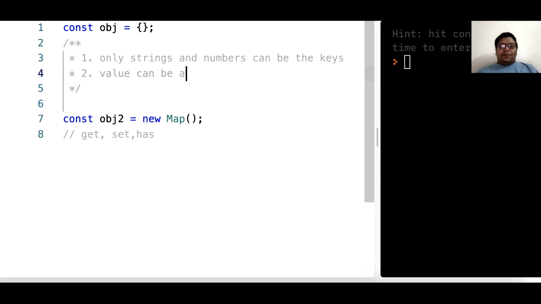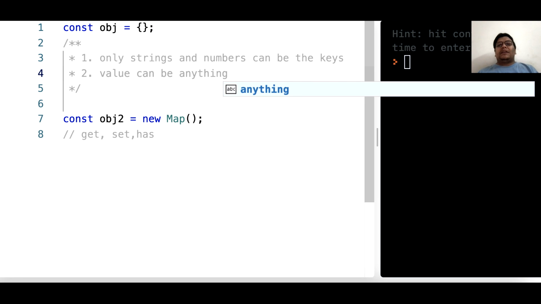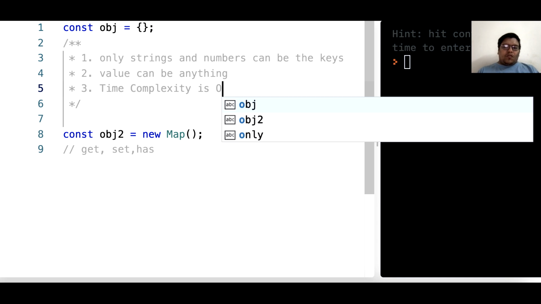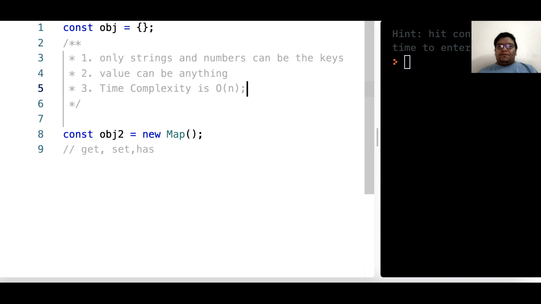Value can be anything, but strings and numbers can only be the key. That's pretty simple. And if we talk about time, complexity is O of n. Now if we have this, why do we need this, right?